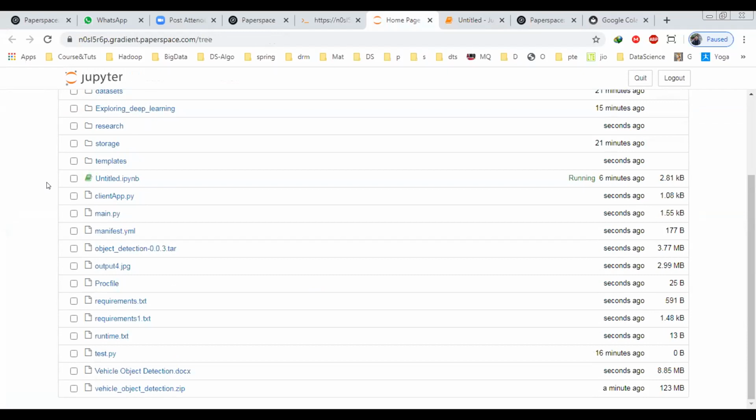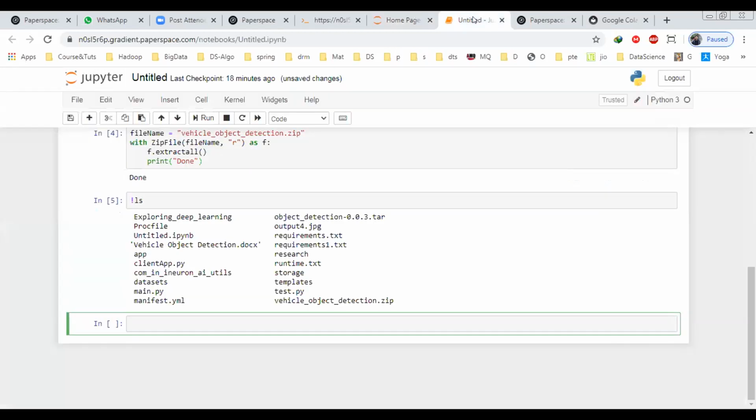Do you have to do all the steps if you want to run again? It stays there, right, Deep? Once you have extracted this file, it will stay there. If I run it again, it will throw some error that the file already exists, something like that. So it stays there. This is a one-time job. You just have to extract one time.